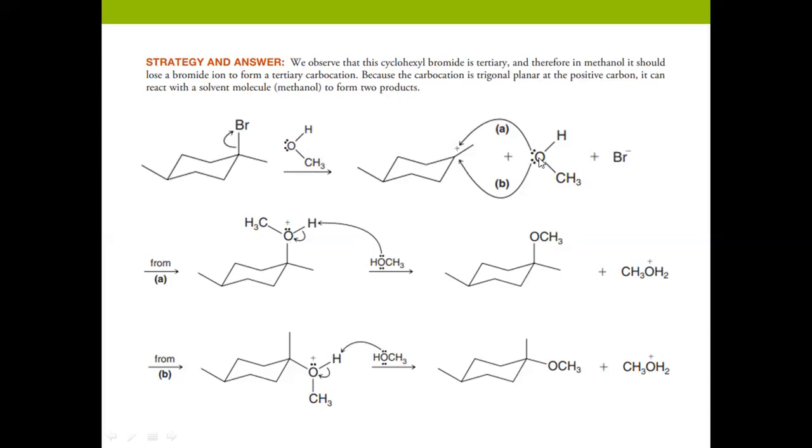The oxygen already has two bonds, with some methanol. So when it utilizes the lone pair, it forms a bond here. So oxygen now will have 3 bonds plus a lone pair. But of course, since it has 3 bonds, it becomes positively charged, right? And of course, we don't want our alcohol to be positively charged. It's not stable for an alcohol to be positively charged. So we use another molecule of our solvent to